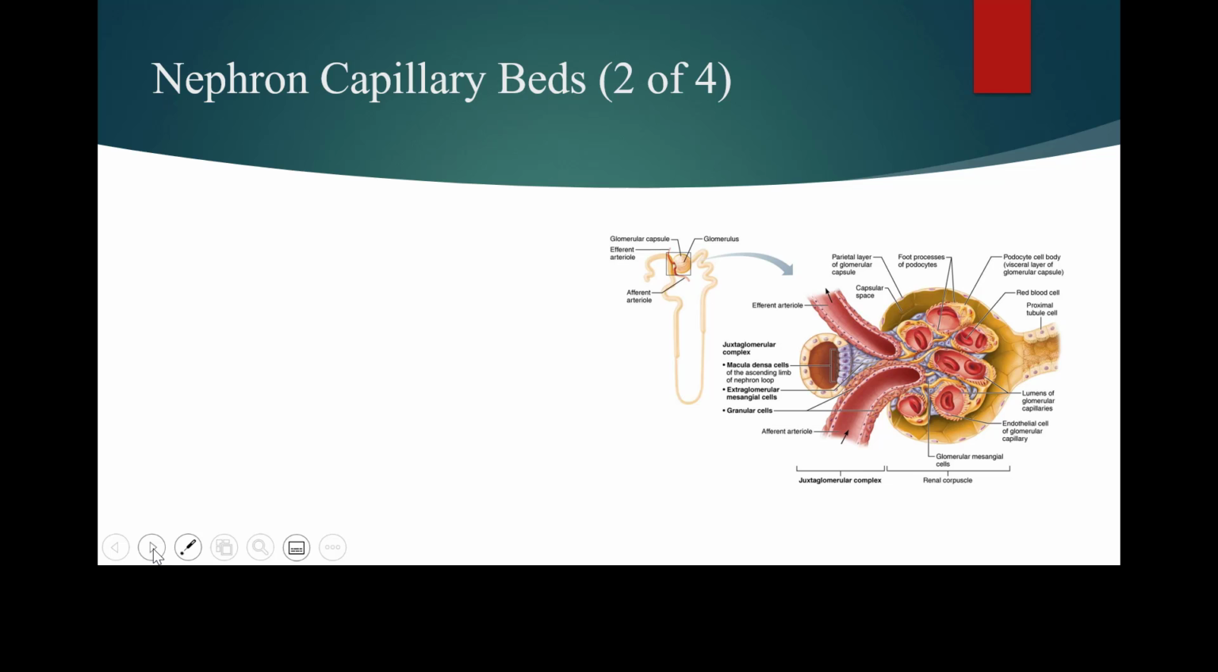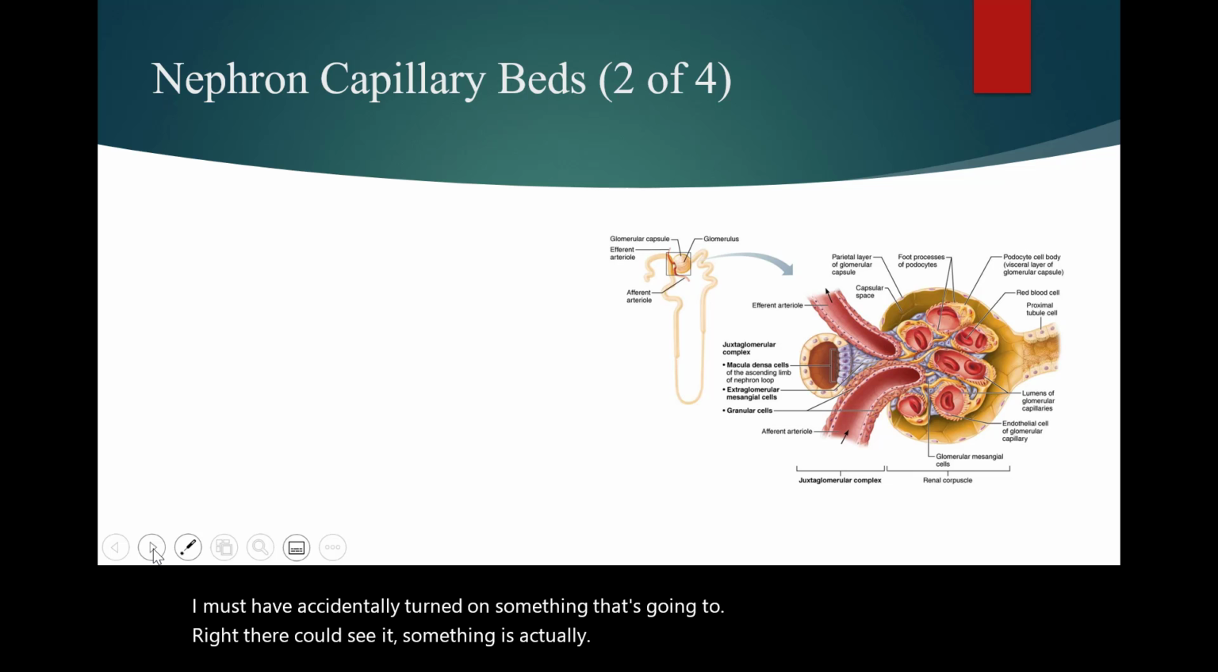I must have accidentally turned on something that's going to... well, right there, you could see it. Something is actually being written out there. Anyway,